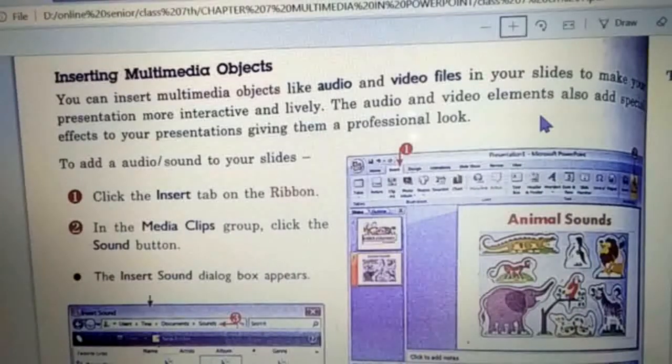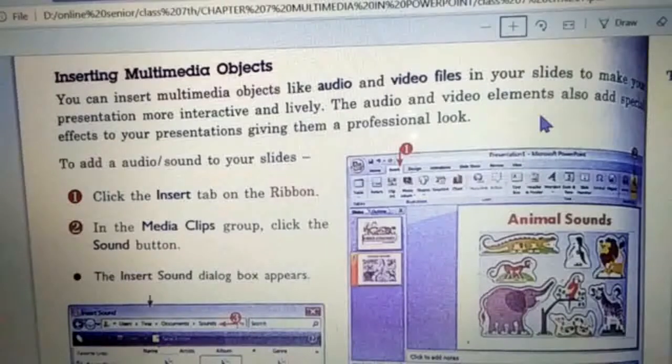I already told you what is multimedia. When we are dealing with audio files and video files, those files are known as multimedia objects. And why do we use audio and video files in a presentation? So that our presentation is more interactive. If there are audio and video files, we can make it more interesting, and in an interesting way we can present our projects or whatever topic we are going to present.